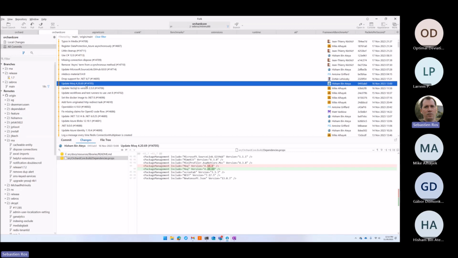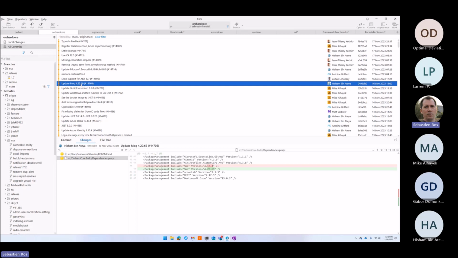So it's always good to know why we are updating. It could be just to keep in sync because we don't want to lag behind and then do a major update and see that everything has broken. Like we tell customers to do with Orchard, please follow the latest versions of Orchard every time. It's easier than doing a big change. But it's also nice to know what bugs it's fixing.